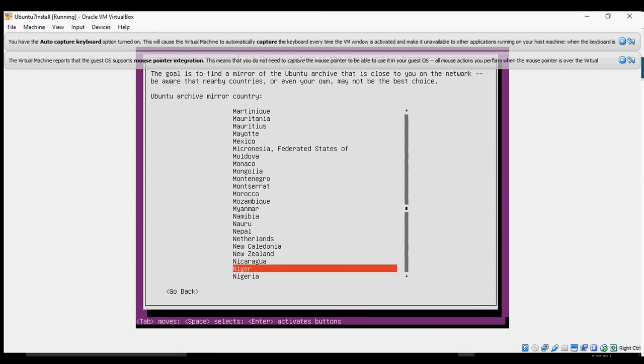Now it asks us what mirror we want to use. You should use the mirror closest to you. At this point, it's going to start downloading packages from the internet, which it will use to complete the installation, since we used the minimal install ISO. You don't get this if you're using the full ISO for the installation, because everything is on the ISO. In this case, most of the packages are not on the ISO, so we have to